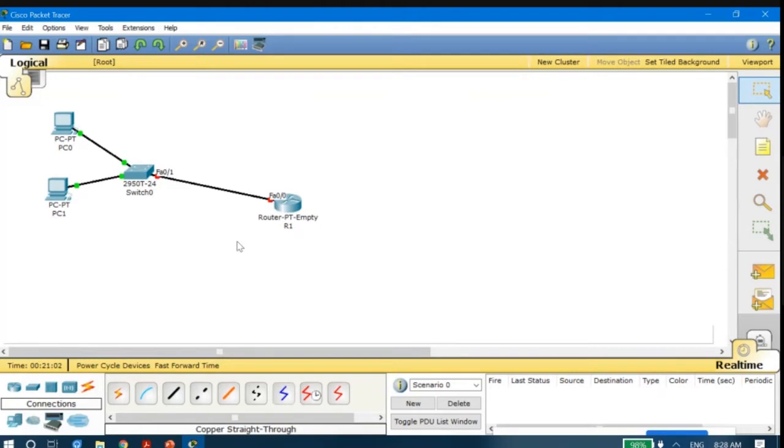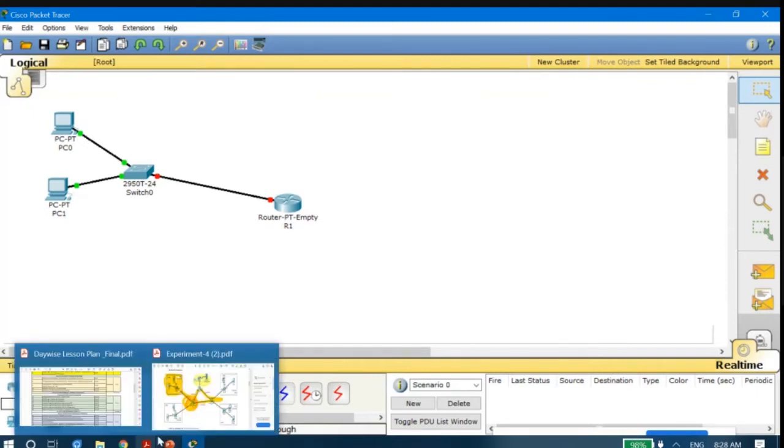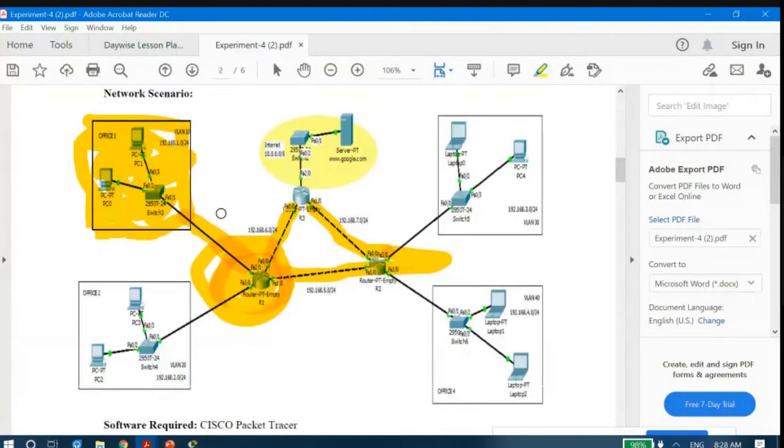Okay. Now, once you have done all these things, let us do a little bit of documentation work on it, so that whenever somebody else sees this kind of network, he or she will be able to know which computers form a part of the network. As you could see in this diagram, some boxes have been drawn, and some data have been provided. In the same way, let us do it here.